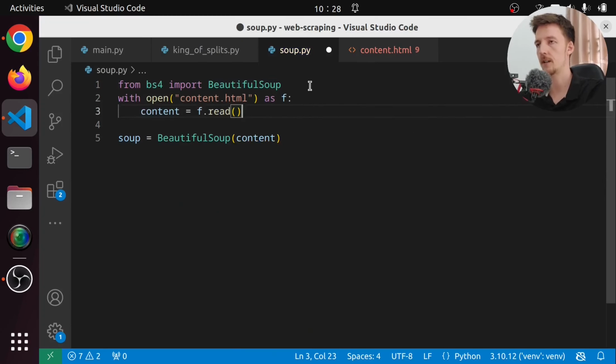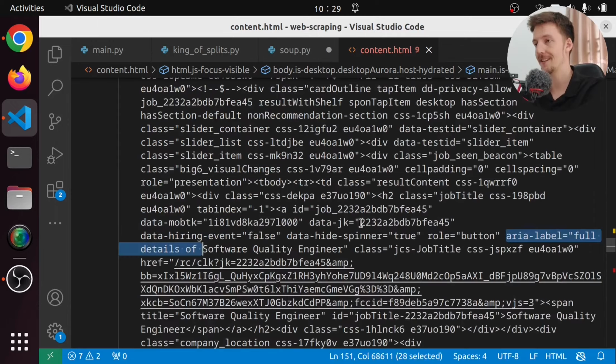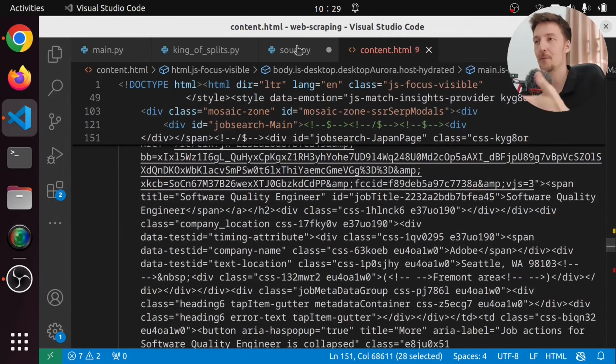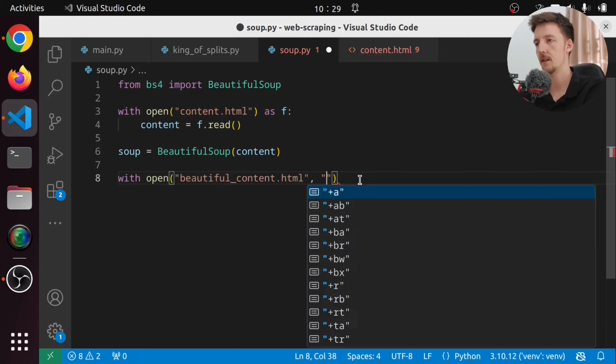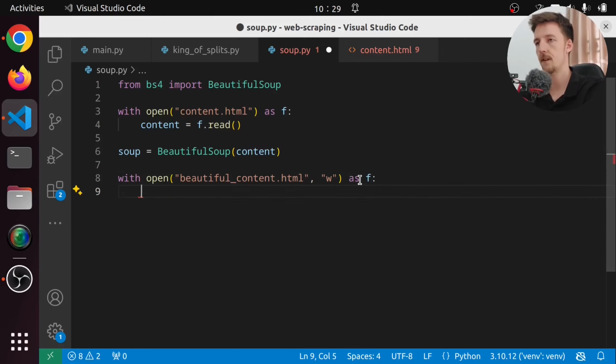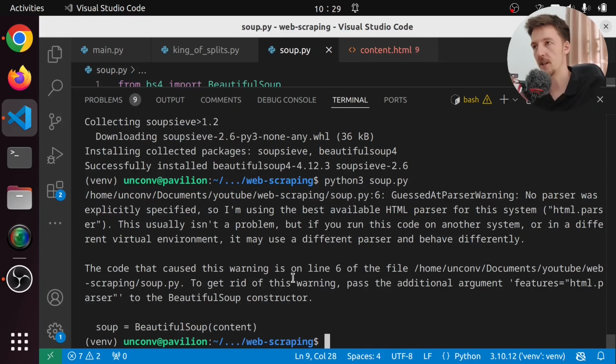Now that we have this soup, which by the way is called beautiful soup, I guess because this is the ugly soup, we can convert it into beautiful soup like this. We can do with open beautiful_content.html in write mode as f, f.write soup.prettify. So if we run this, python3 soup.py, then we get a warning, which is fine,